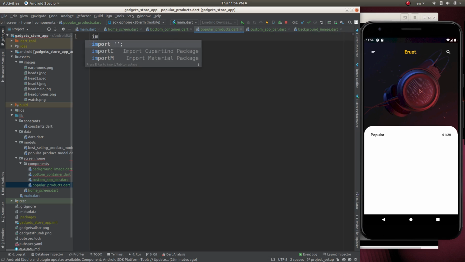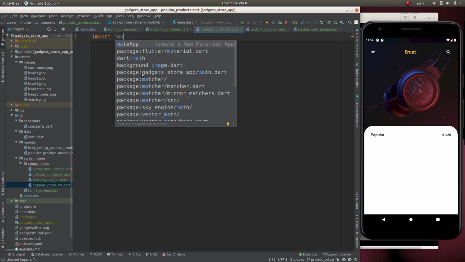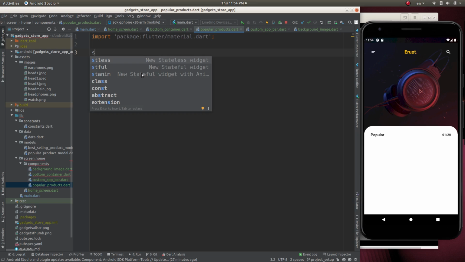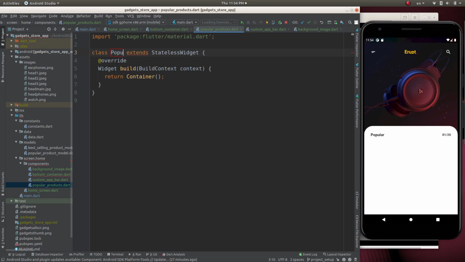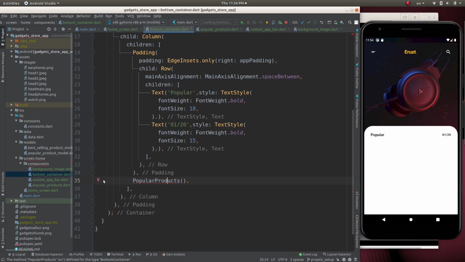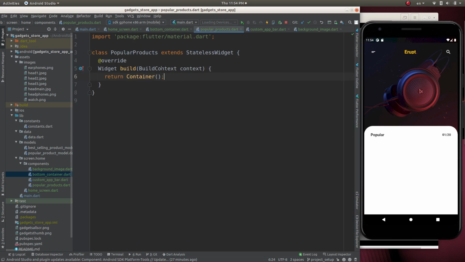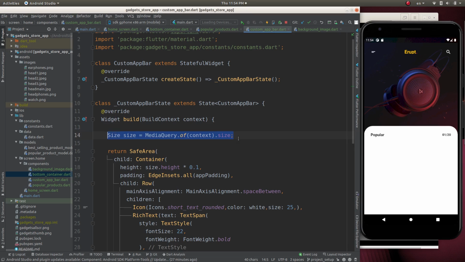Let's import material.dart. Let's create a stateless widget called popular product. Popular product. Let's import popular product,